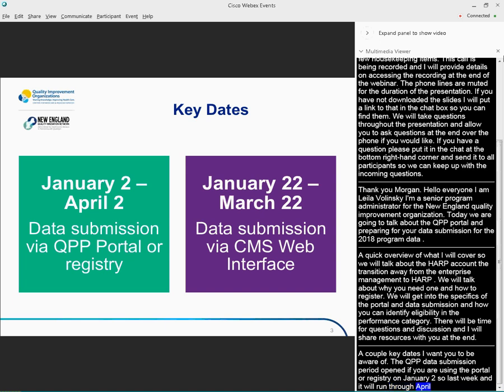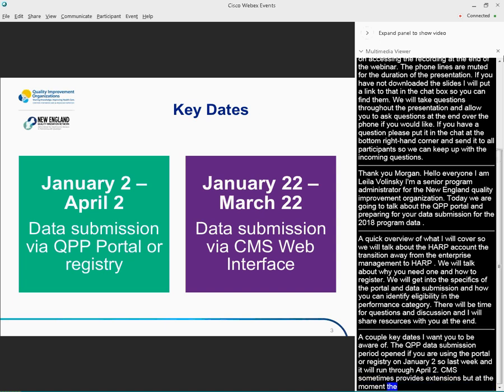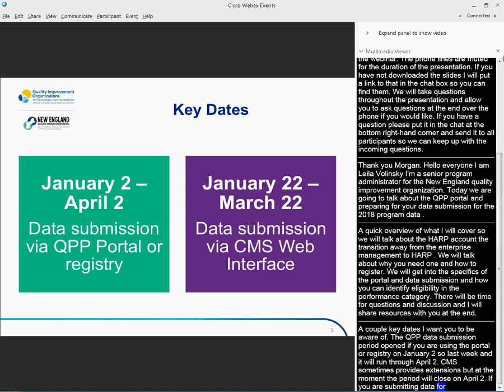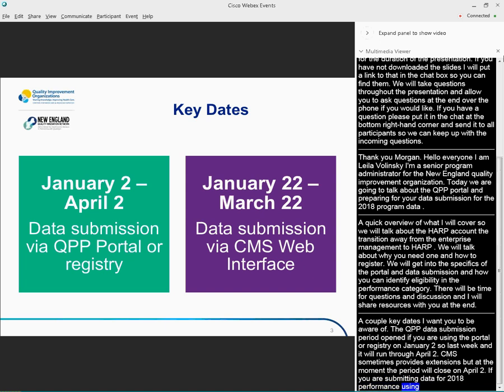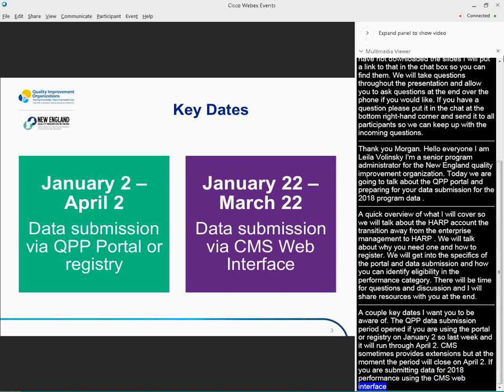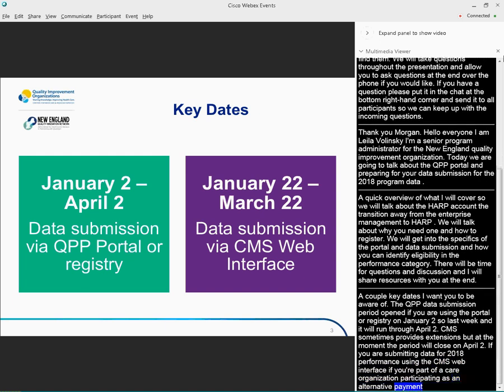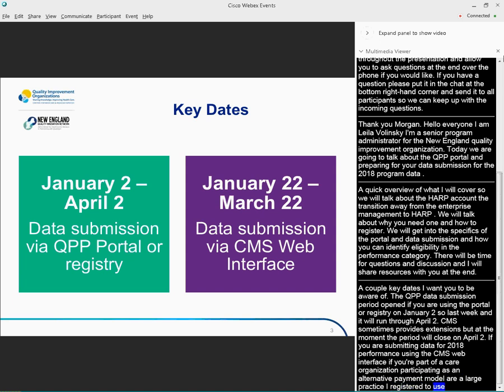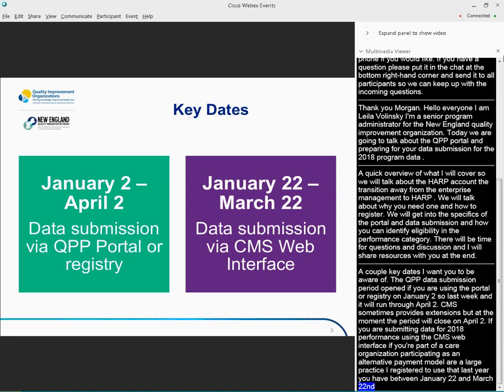If you are submitting data for 2018 performance using the CMS web interface, if you're part of an accountable care organization participating as an alternative payment model, or in a large practice that registered to use the web interface last year, you have between January 22nd and March 22nd, so slightly different dates, to submit your data to CMS.